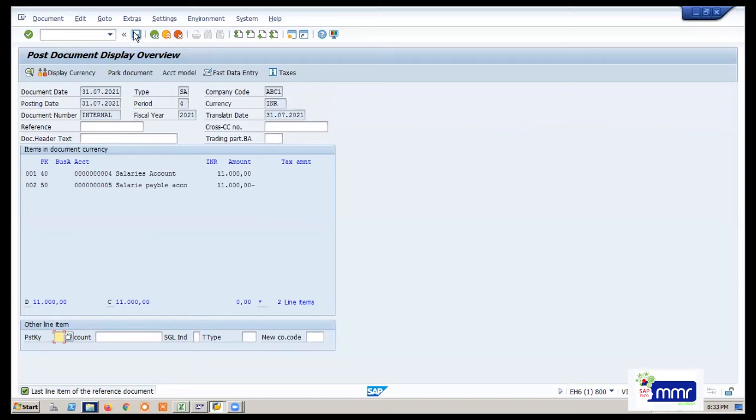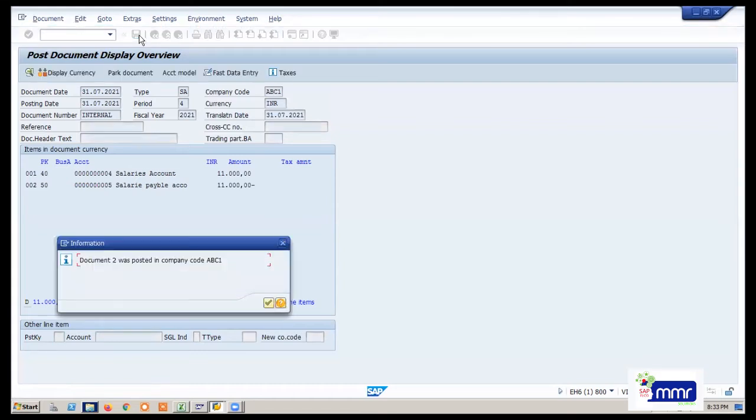Now, once you save it, it will be posted with document number 2 and updated in the P&L account and balance sheet. Okay, go and save. Let's see how it is. See, document number 2 was posted in company code ABC1.